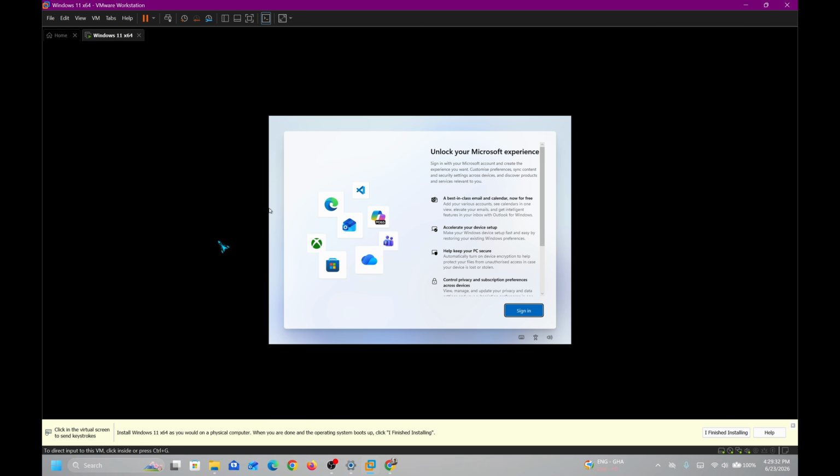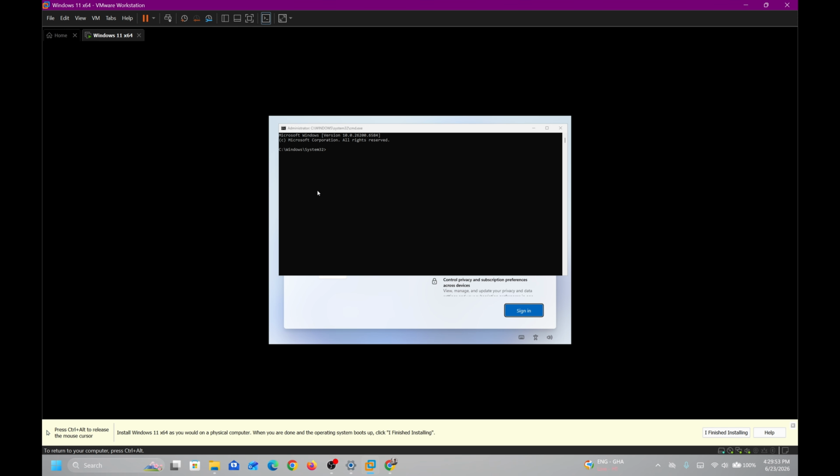Sometimes when you're trying to install Windows 11 and the internet is on, they'll ask you to sign in with your Microsoft account, or otherwise they will not allow you to enter the OS. You can bypass that by pressing Shift and F10. Okay, Shift key and F10, and this command prompt will open. And over here you can type